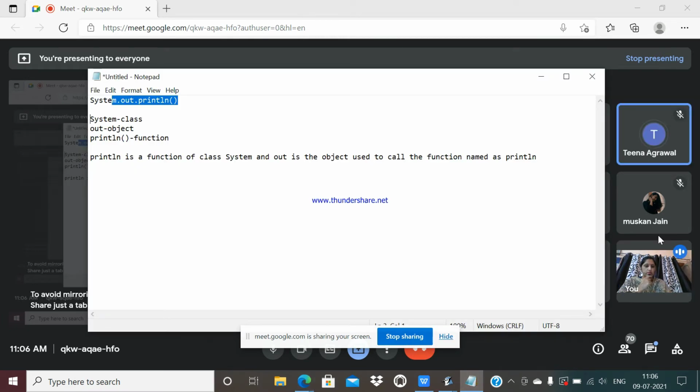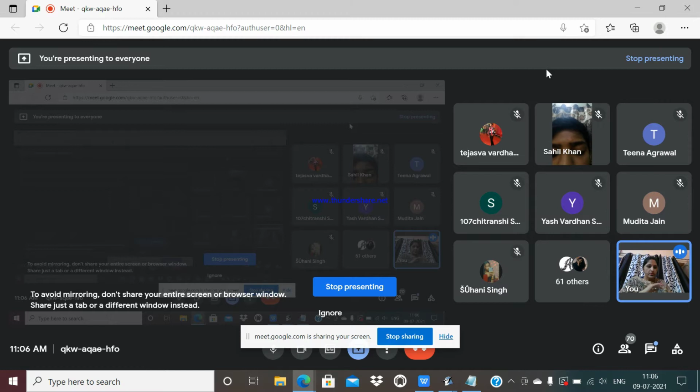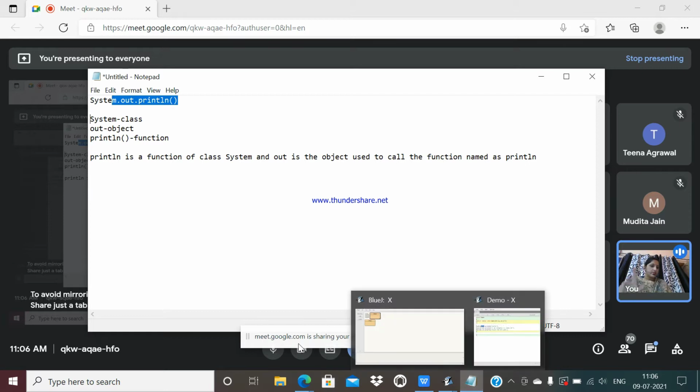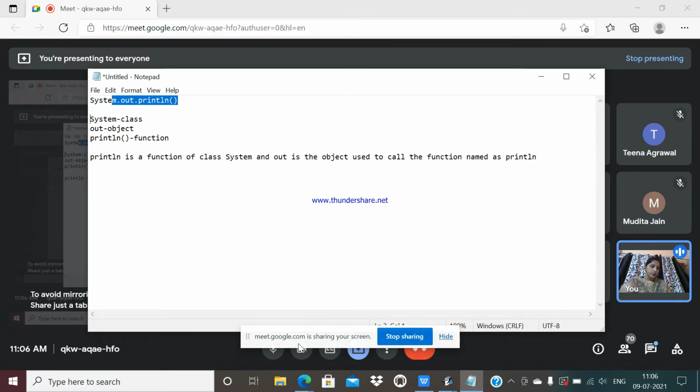Okay, so this question has already come in the examination also. In the 10th board examination, this question has come in the form of an objective question. And one more thing, this is not given in your book. That's why I am telling you. So this is one of the most important topics which you should know.